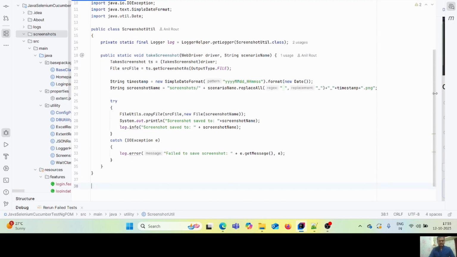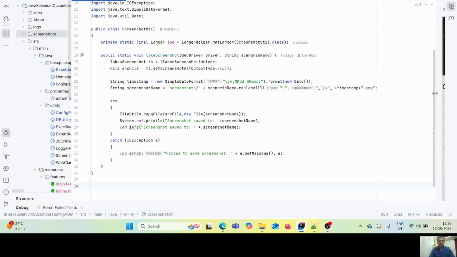Then public static void takeScreenshot(WebDriver driver, String scenarioName): TakesScreenshot ts = (TakesScreenshot) driver; File srcFile = ts.getScreenshotAs(OutputType.FILE); String timestamp = new SimpleDateFormat("yyyy_MM_dd_HH").format(new Date()); String screenshotName = "screenshots/" + scenarioName.replaceAll("", "") + "_" + timestamp + ".png";